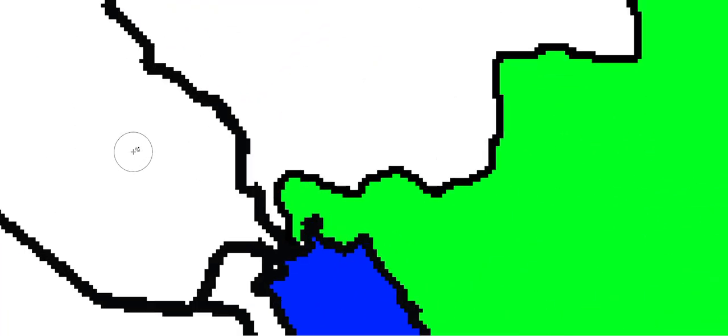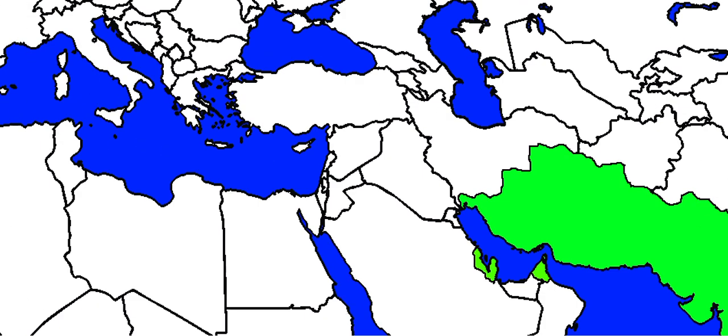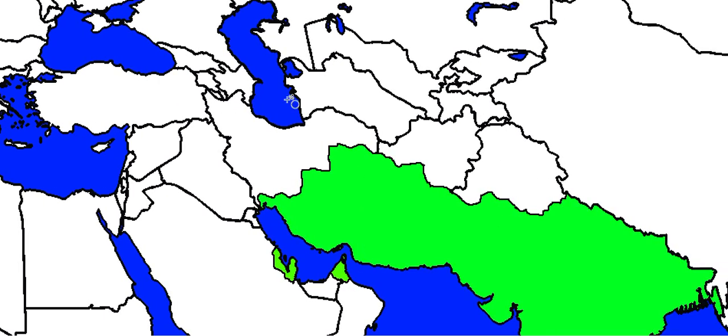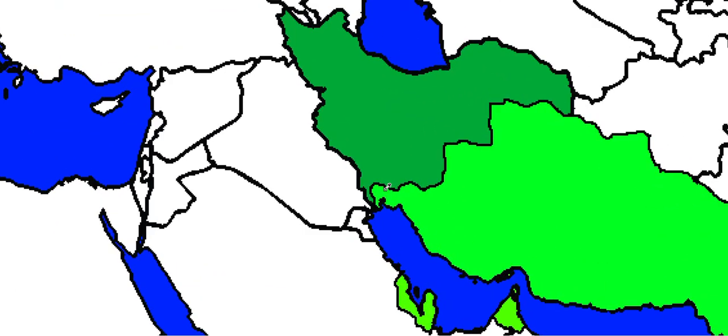They have all this coast here, a lot of coast. They have barely any coast. And they're kind of mad, but I mean, they could probably survive like this. But Iran will form an alliance with India, which will look like this. So yeah, Iran and India will agree to carve up Iraq.